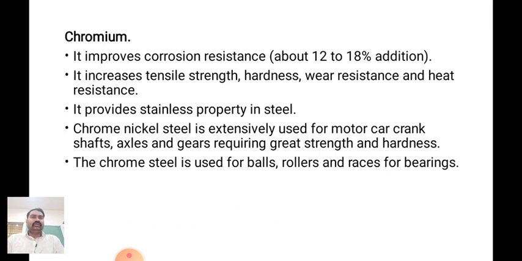Okay, it improves corrosion resistance, and in the previous slide also we have studied, as we add chromium in the steel, it prevents the rusting as well as the corrosion of the steel, because in the steel iron and carbon are present, and the atmosphere contains oxygen or moisture. As the iron combines with the oxygen present in the atmosphere, it will form iron oxide, and some brown colored rust will be generated at the surface of the component. Okay, and it will be prevented by the addition of chromium.